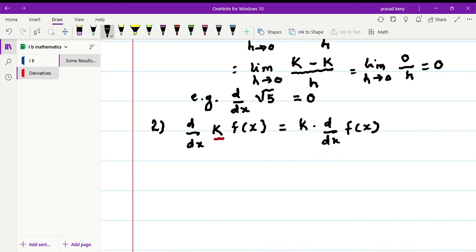Take for example, suppose derivative of 2 into x square, 2x square. So in this case, 2 is a coefficient of x square. I can take it out of the derivative and multiply it by the derivative of x square,